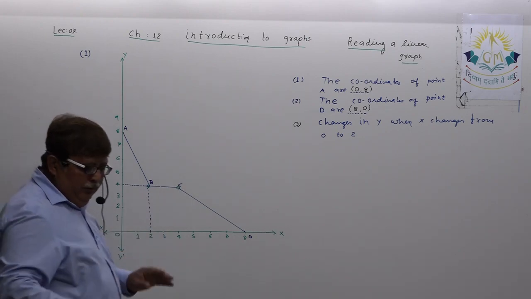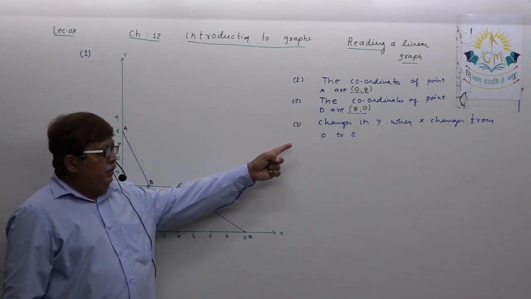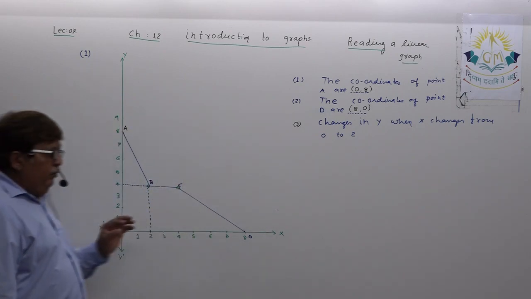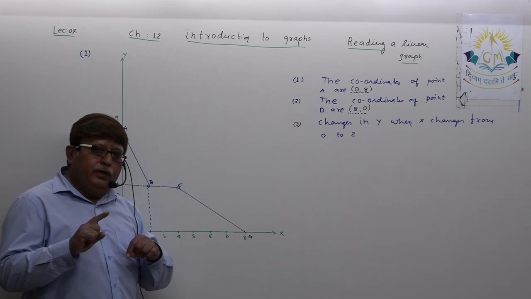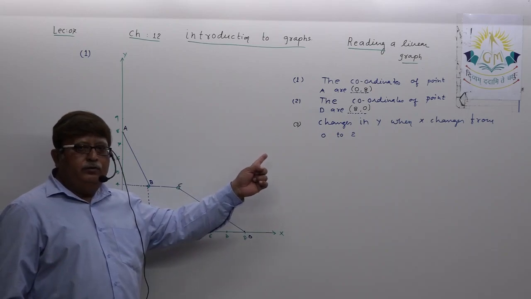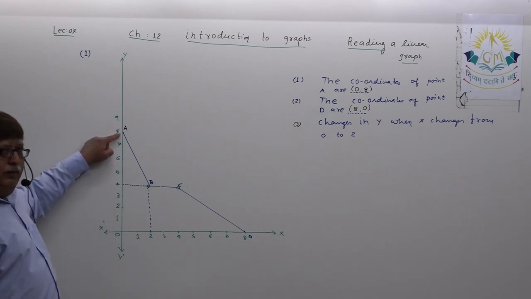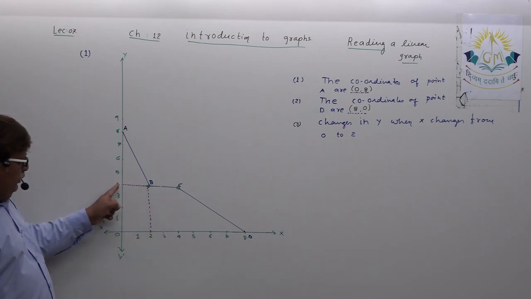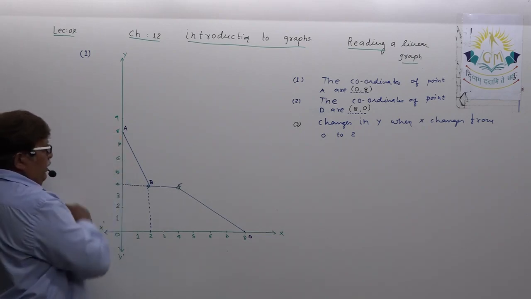See, dear student, what you need to do is that they have given you two values of x, 0 and 2. So you also have to find two values of y with reference to values of x. When x is 0, what is y? When x is 2, what is y? 4. You understood this? When x is 0, here the y.